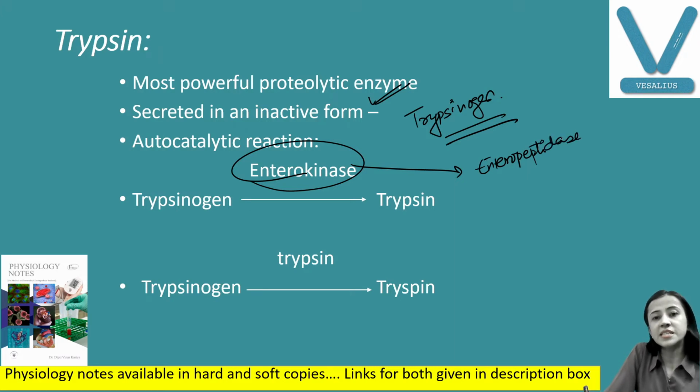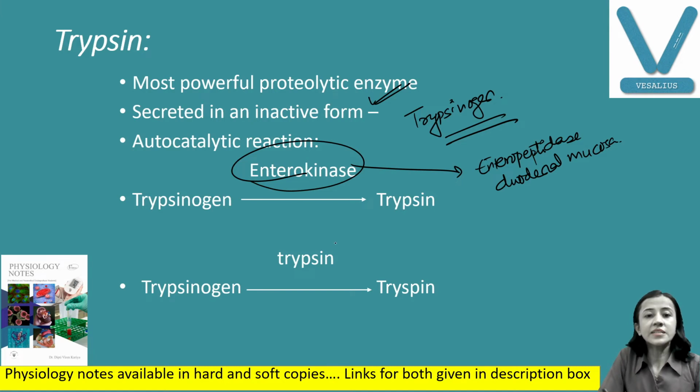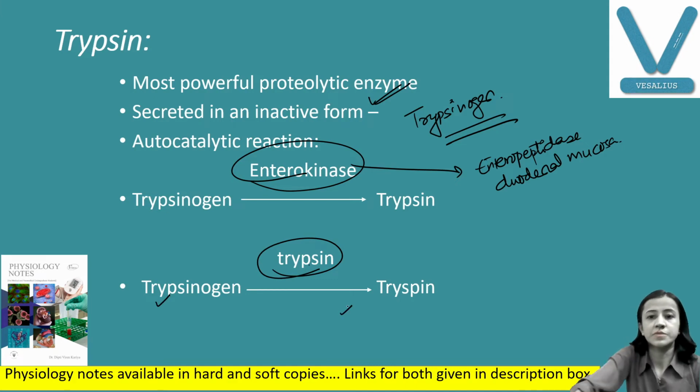Enteropeptidase is secreted by duodenal mucosa. Another point: trypsin also has autocatalytic action, which means trypsin activates other trypsinogen into trypsin. Then